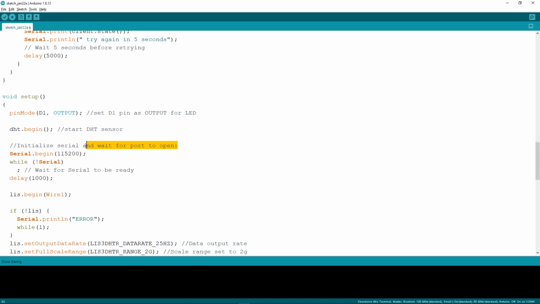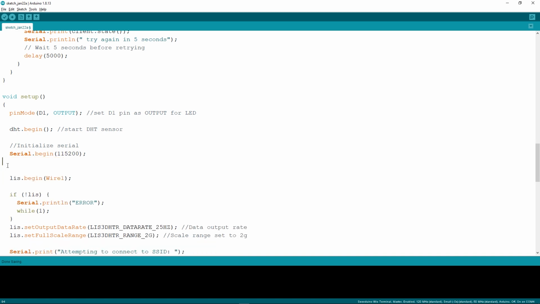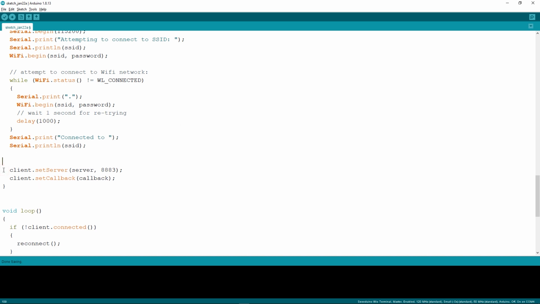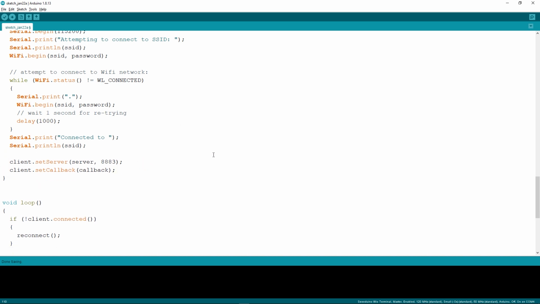So we don't need to wait. So we'll delete the codes relating to waiting to open the serial communication and go down. So from here, delete this. So this is for the secure MQTT connection when you use the Wi-Fi client secure library. So we just delete from here because we are not using that in this tutorial.